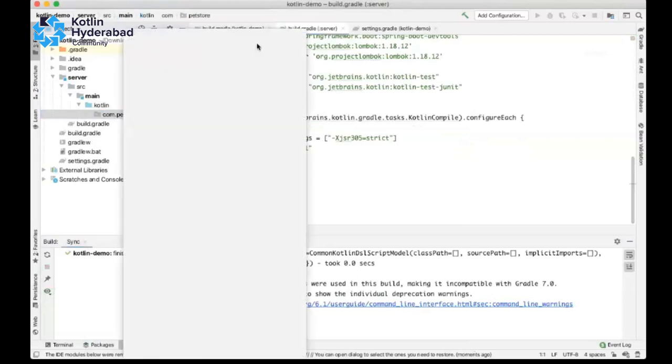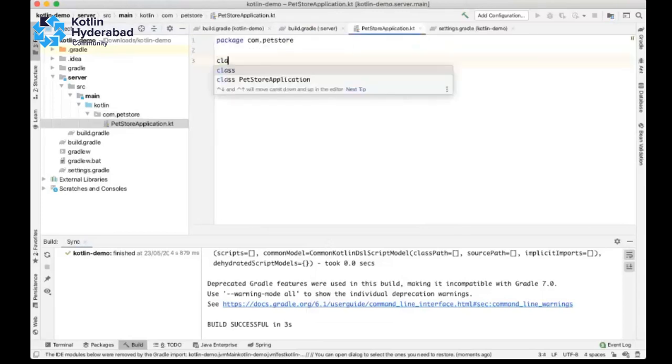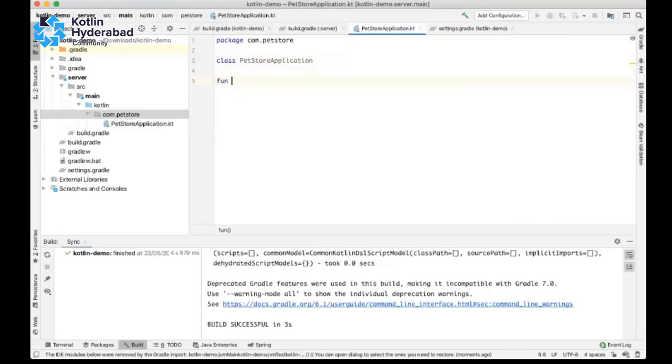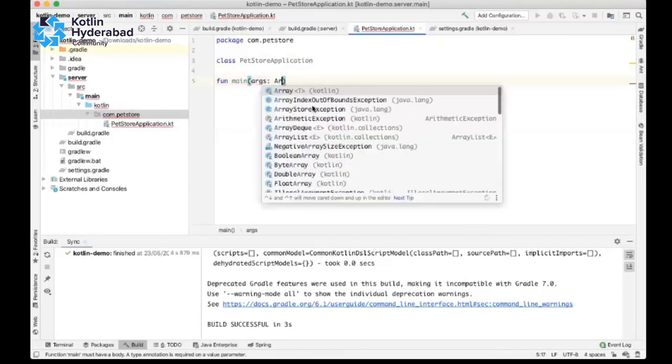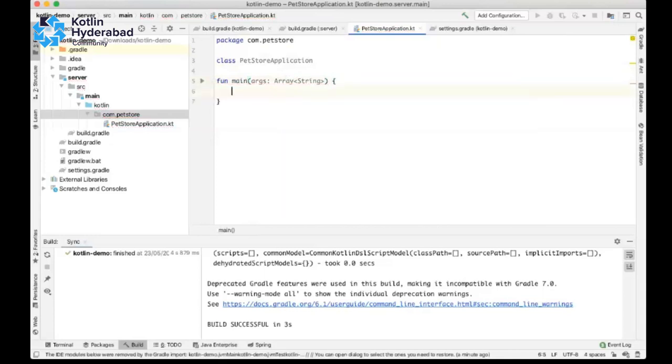Here we will define to take args. Then run application.